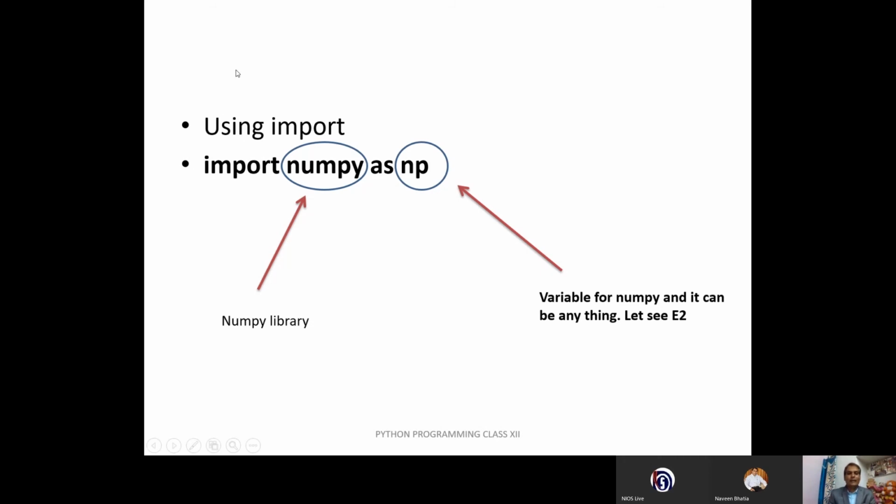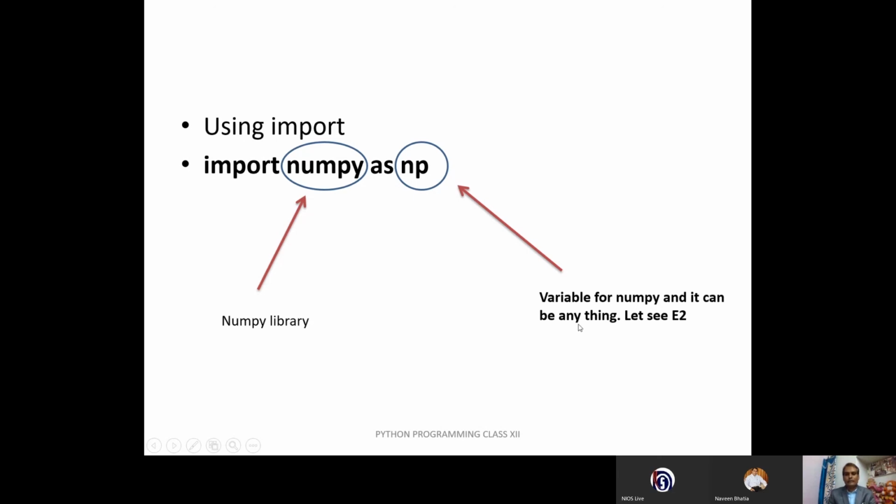NumPy is a module, or you can say a library, and we have given a new name to this library. This new name is not compulsory. If you want, you give; if you don't want, it's not compulsory. But it is better to give a new name. It can be anything, whatever meaningful name you want. If you do not give one, then you have to use numpy; otherwise, you can use np. So this is the variable.